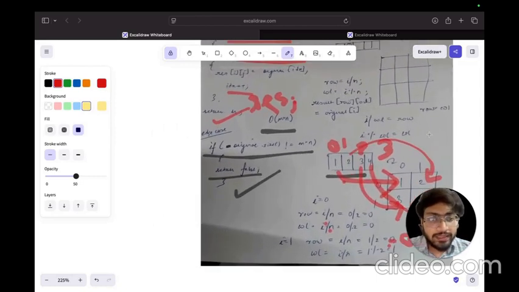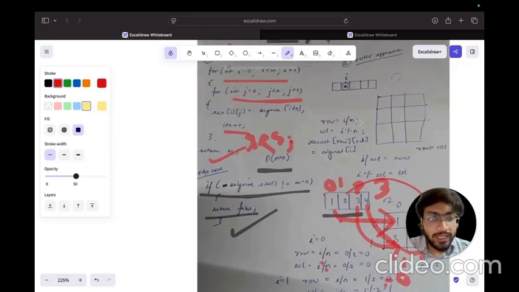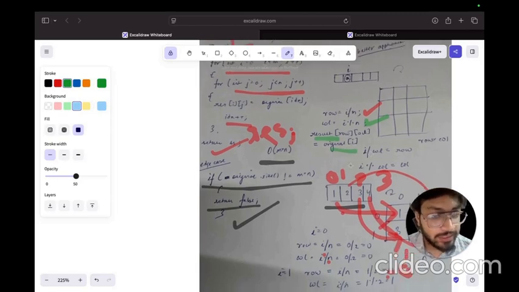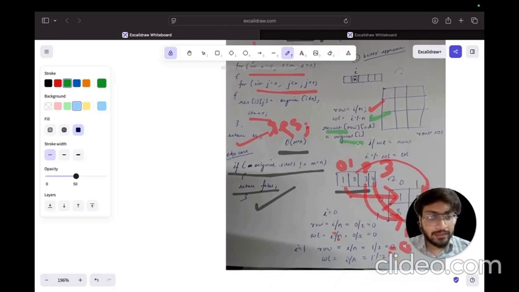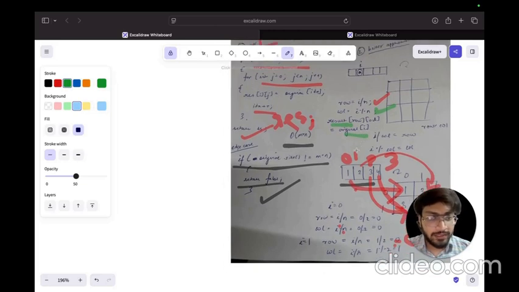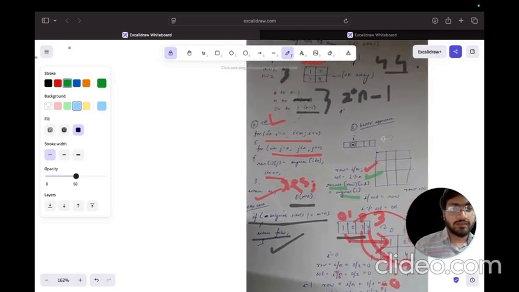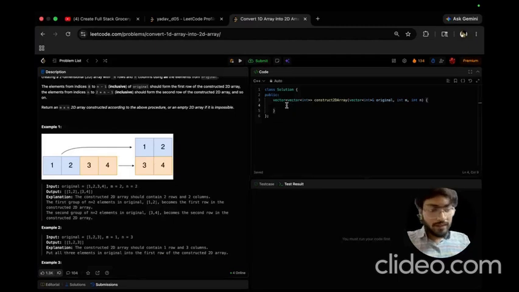तो इस तरीके से अपन direct ये use कर सकते हैं कि row is equal to i/n and column will be equal to i%n and result row will be equal to result of i। यहाँ पे अपन को ध्यान रखिएगा, index को plus करने की ज़रूरत नहीं पड़ेगा, because of obvious indexing अपने आप से हो जाएगा, और यहाँ पे हम direct array को आप return कर देंगे। So let's code it to get through this। तो अपन अभी code करता है।